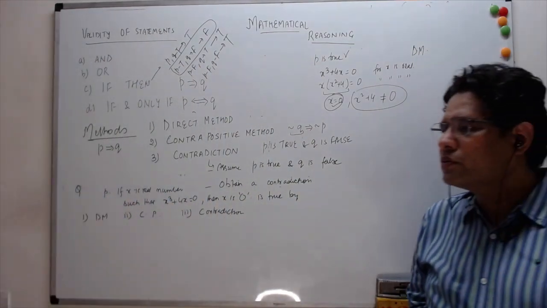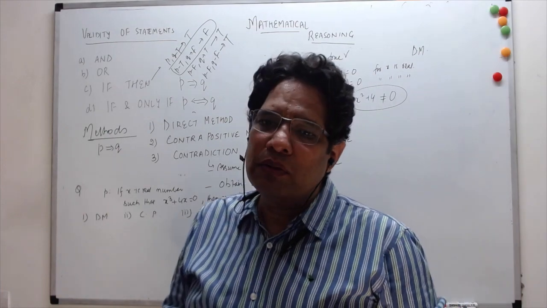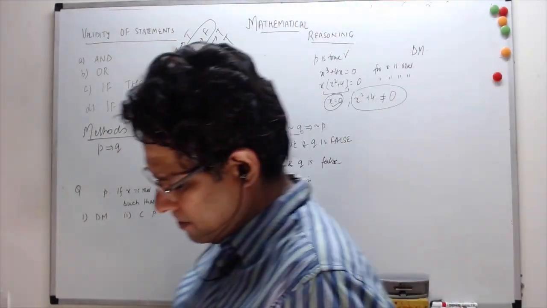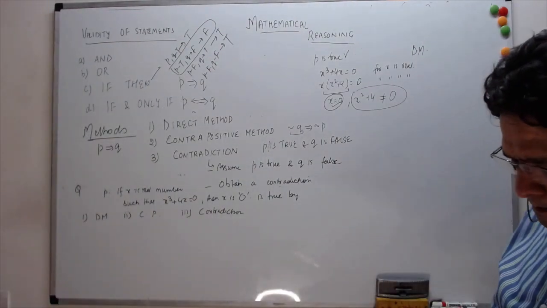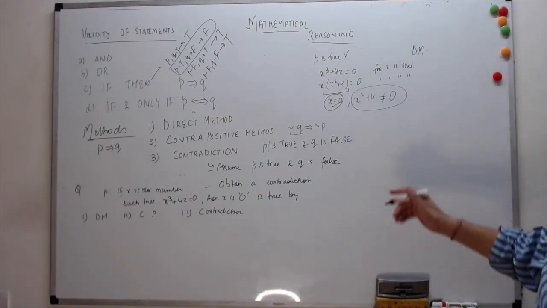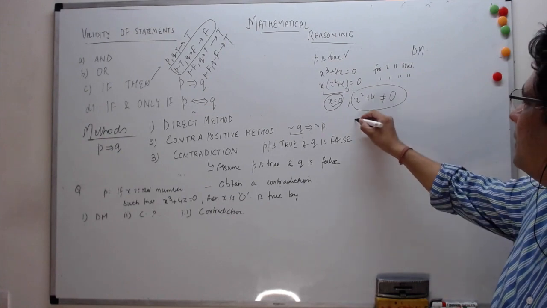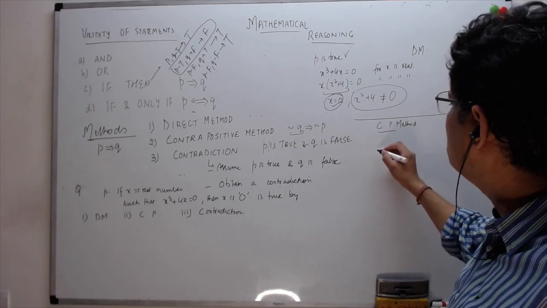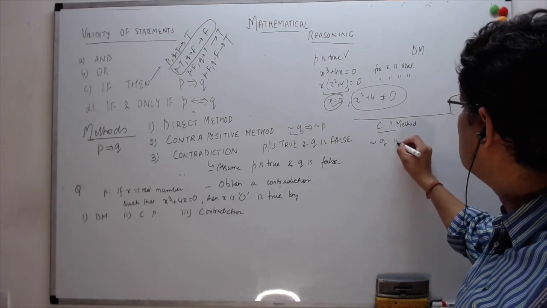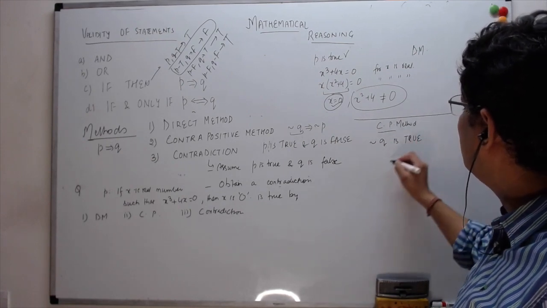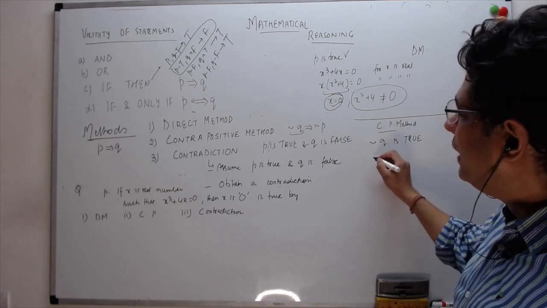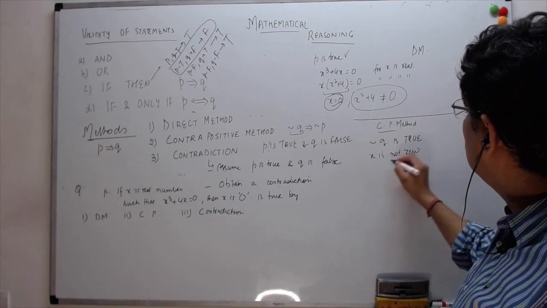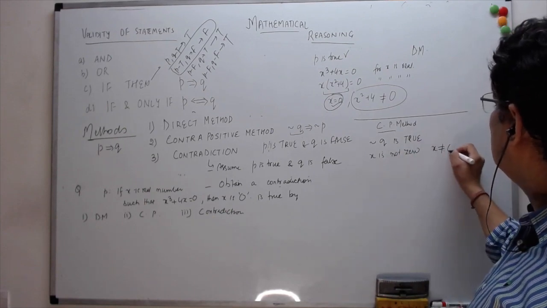Yeah, we also prove that not q actually implies not p. So what we are saying is, in that case, let's say by the contrapositive method, that not q is true basically, right? We're kind of taking it. That means x is not 0, or what we can write as x is not equal to 0.